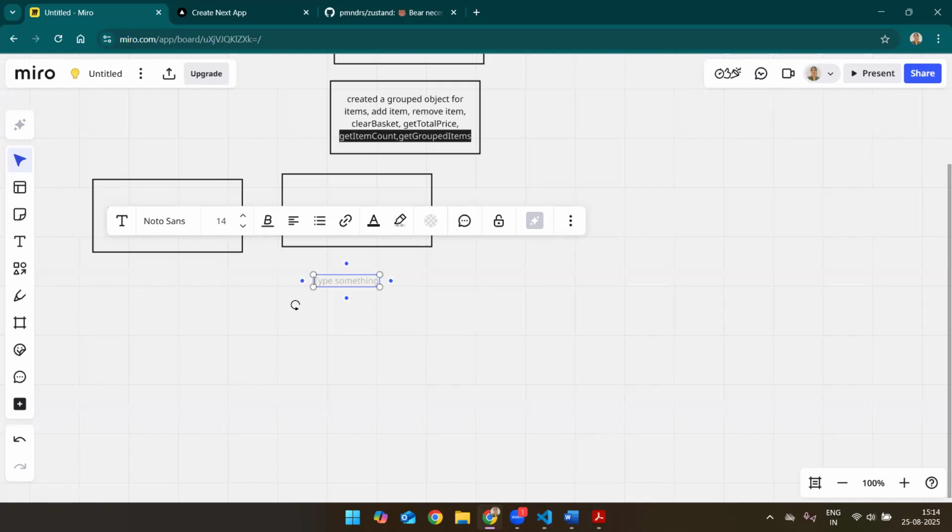So first, let me say in Next.js, the server sends the HTML first. Okay, the HTML file. So if we want to navigate to any application, the server sends the HTML file, that is called server side rendering, SSR. So then what it does is then